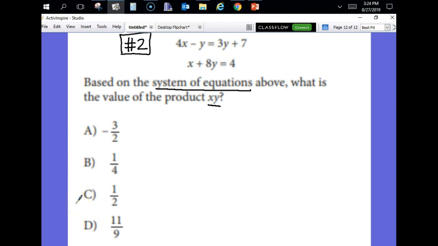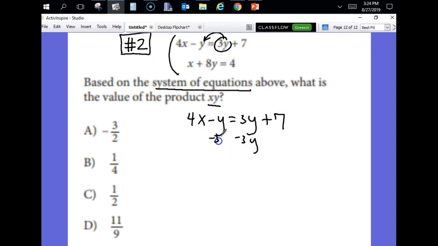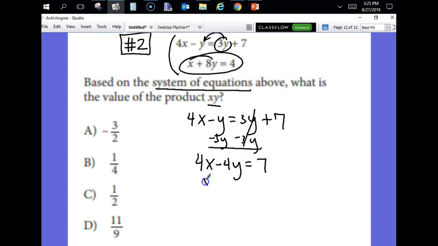So to solve the system of equations, we're going to use the method of elimination, and to do that we need the x's and y's to line up, so this 3y needs to get brought over. So let me start off by doing that. I'm going to start by moving the negative. I'm going to have minus 3y on both sides like that, and that's going to change this into minus 4y equals 7. Okay. This other one now, I'm just going to bring it down just the way it is,